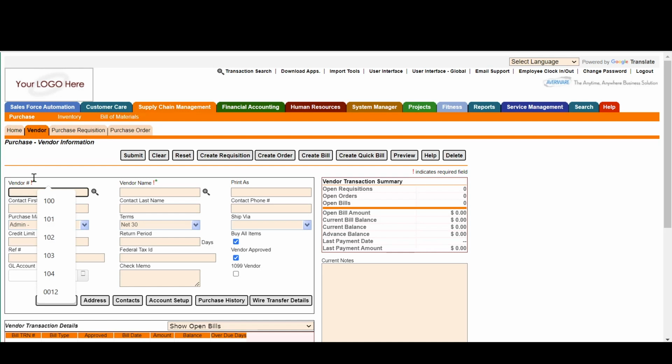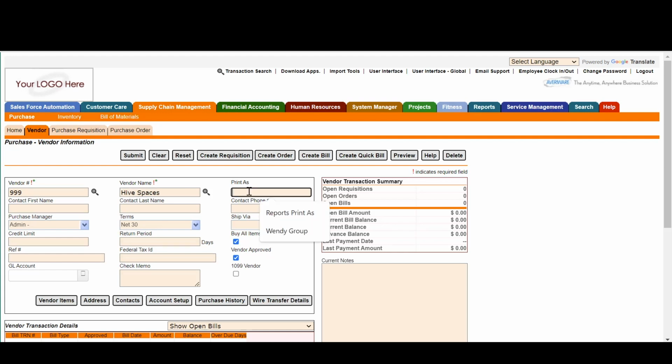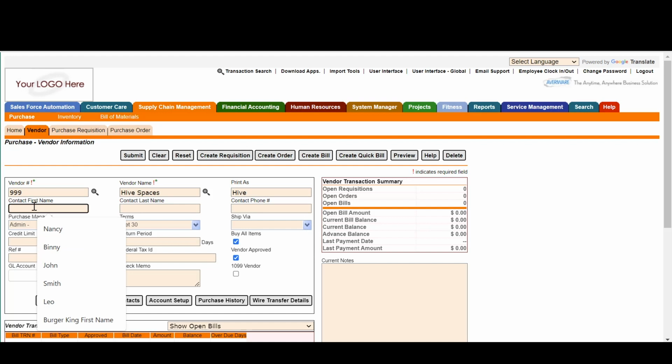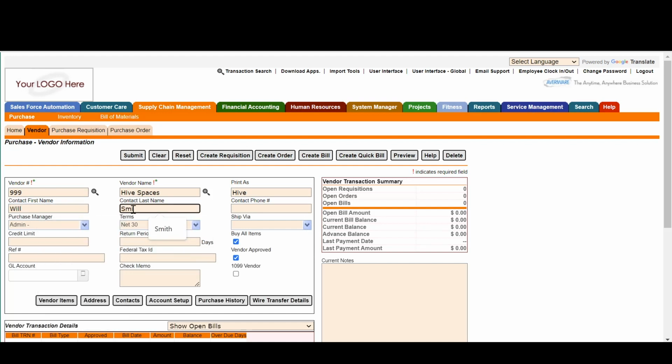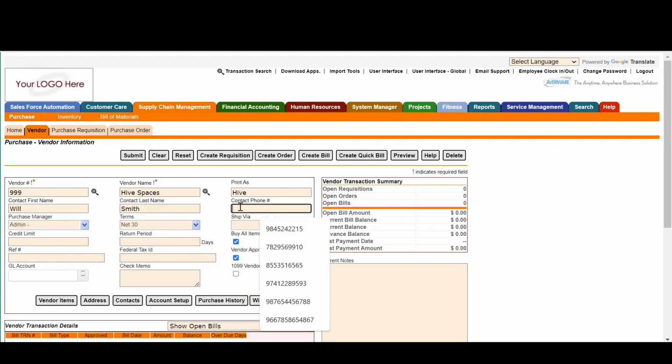Enter the vendor's number. Vendor's name. In the Print As field, specify how you want the reports and other PDFs related to this vendor to be printed, so we can give the name there. Provide the contact person's name, phone number,